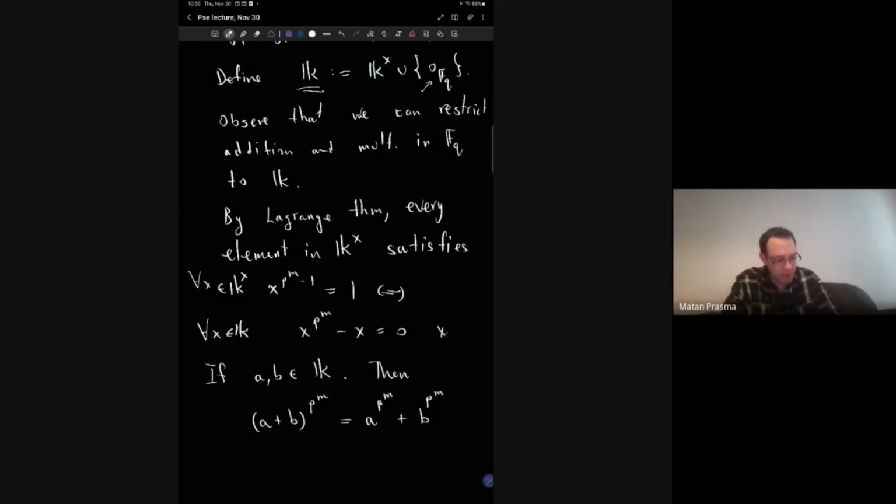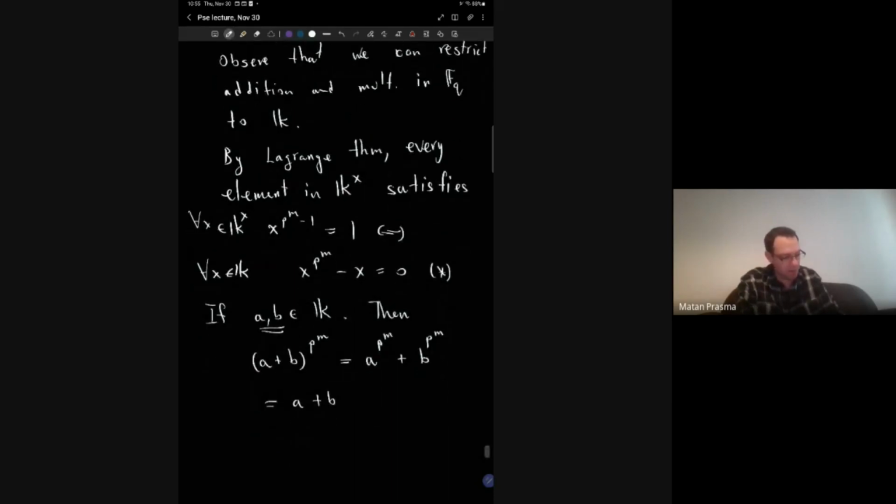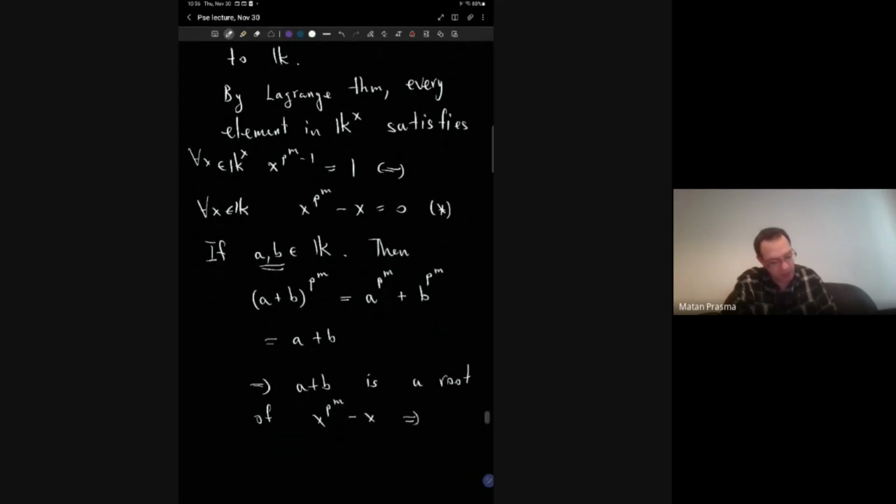But by this identity star, since a and b are in K, I get that this is a plus b. So a plus b is a root of x to the p to the m minus x. And this means that a plus b is again in K,